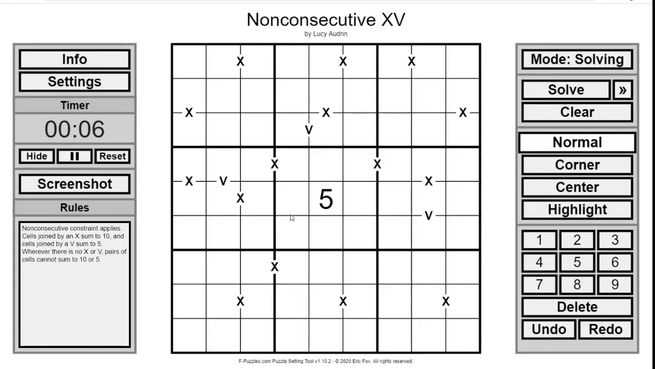This one's a little bit interesting. So there's non-consecutive constraints, so 6 and 4 must be in one of those 4 squares because they're both next to a 5. But something interesting is that the x sums can never be 2 and 3, which is really interesting. Cells joined by an x sum to 10, and cells joined by a v sum to